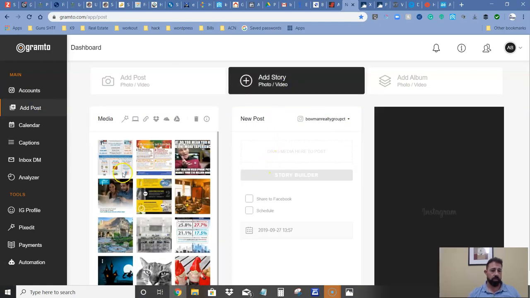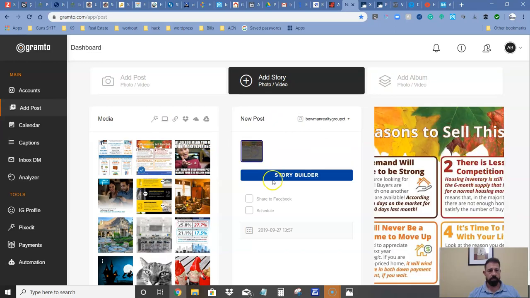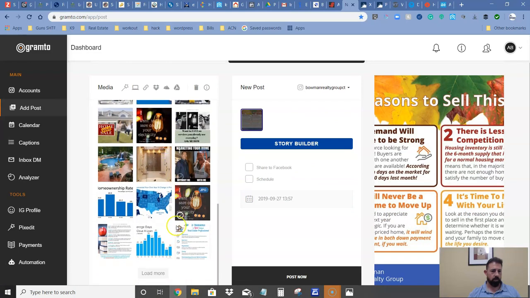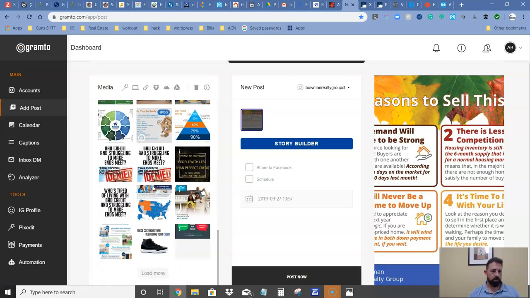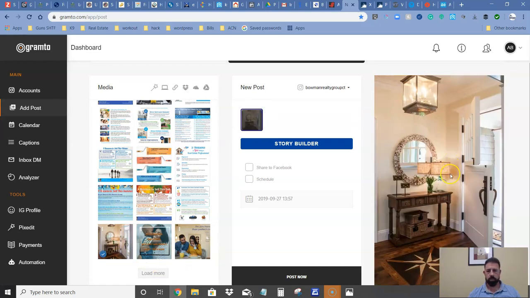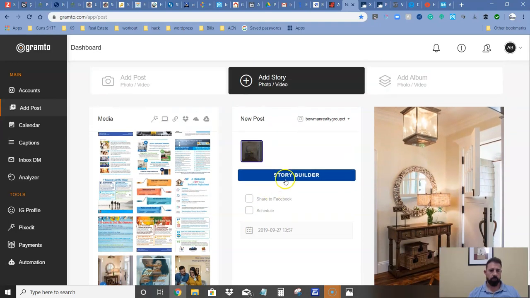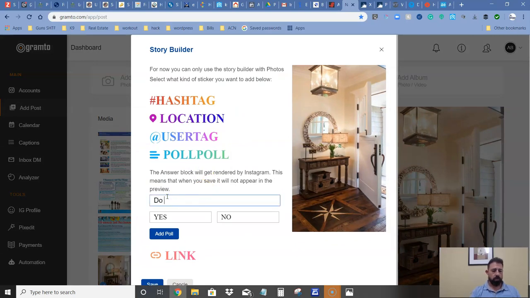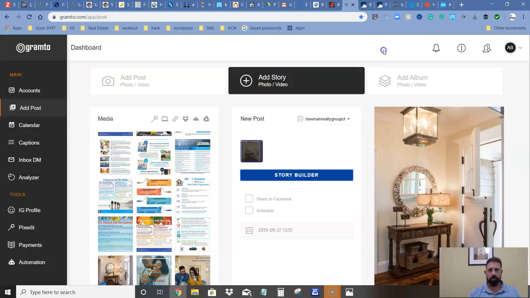You can also do the same things with stories. Say I wanted to do, that's not a good picture for stories. Where's one for stories? You have to have more of a vertical. Let's see, do I have any? I haven't done a story in a while. Let's see what this one looks like. So here's one here. You could do story builder, you could do a poll, you can do a link. Do you like this floor? Yes or no. And then as people comment on this, they're going to get seen a little bit more than any other post. It's just a good way to build some